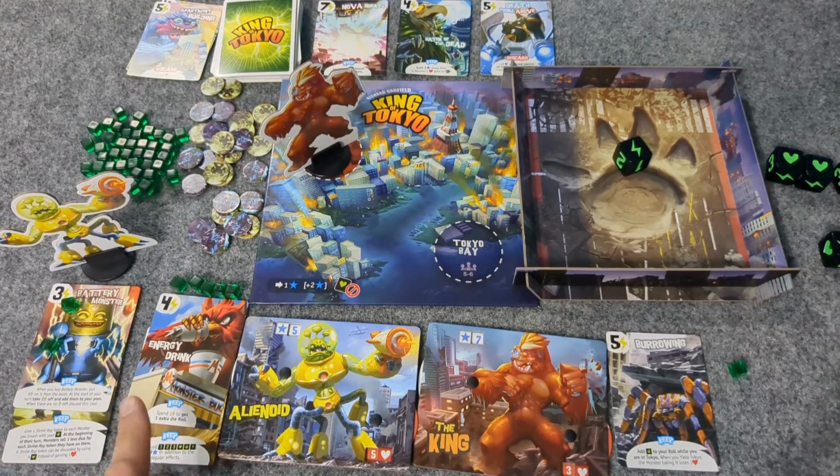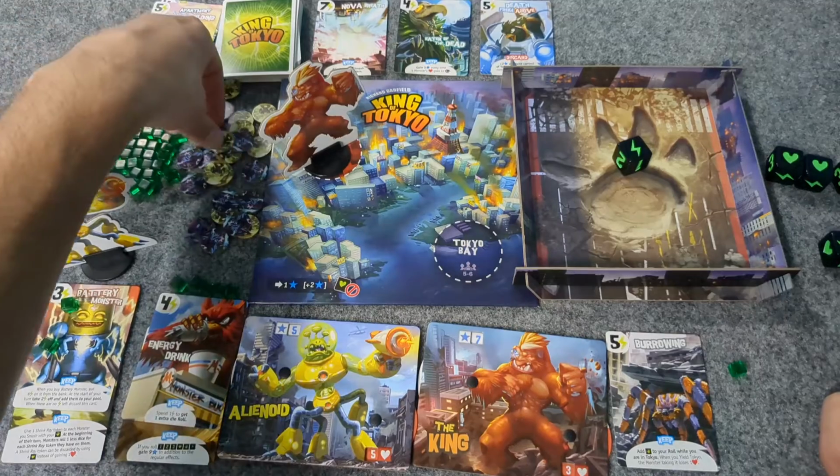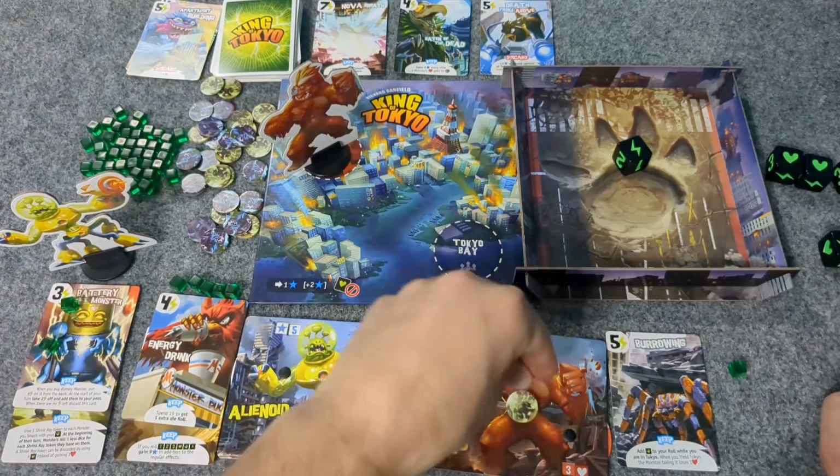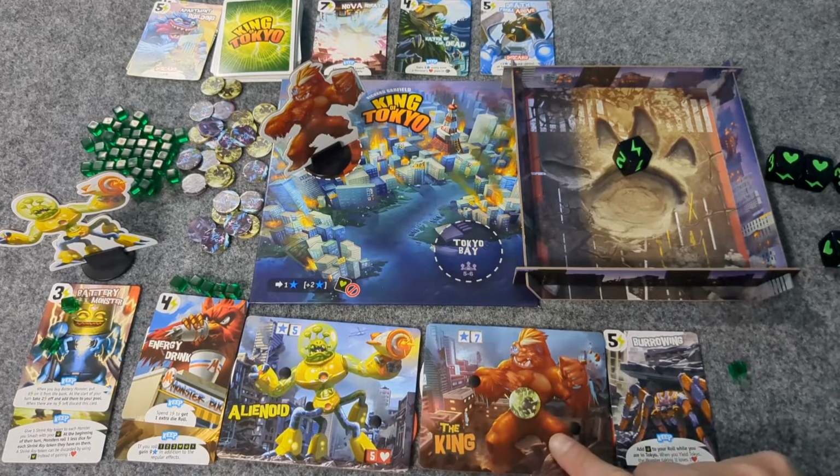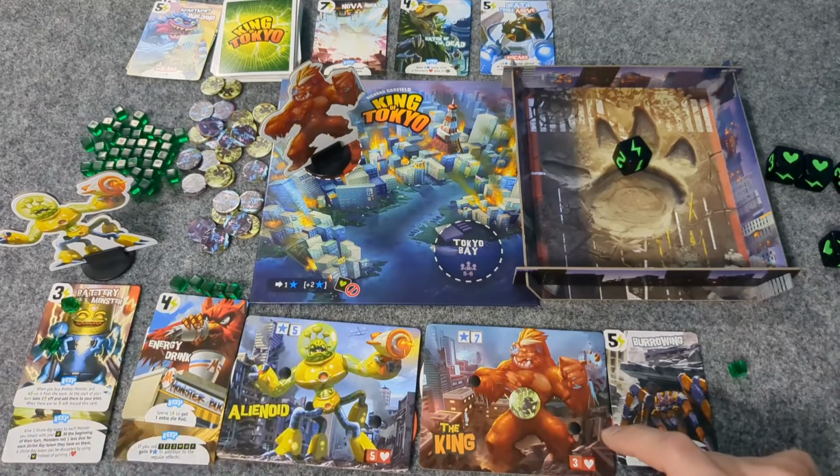Do I? No, I don't want to spend an energy to get an extra die roll. So I smashed. So now you get a Shrinky Dinky. Okay. And I think all these cards that I have been resolved. So,